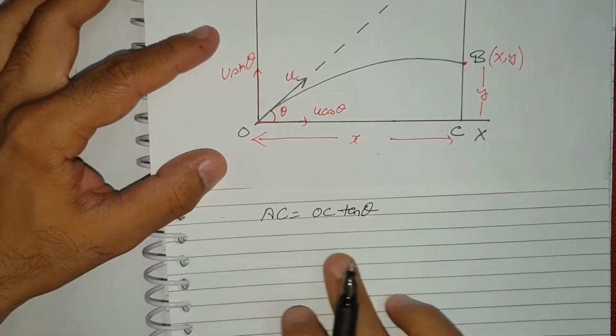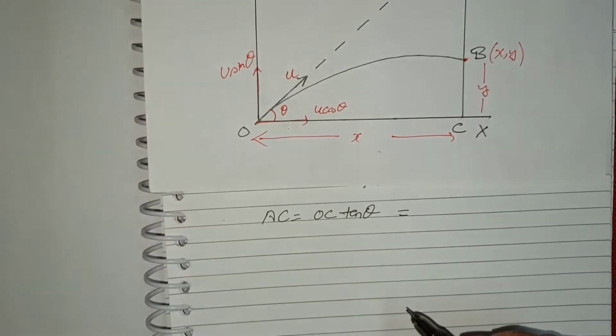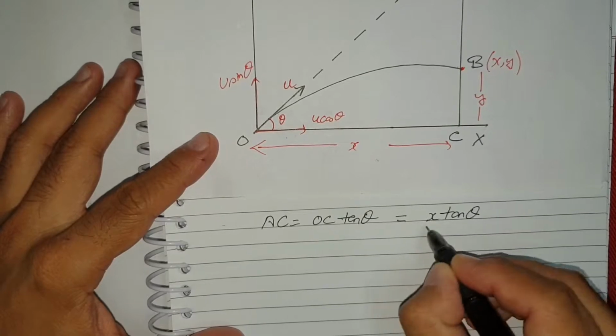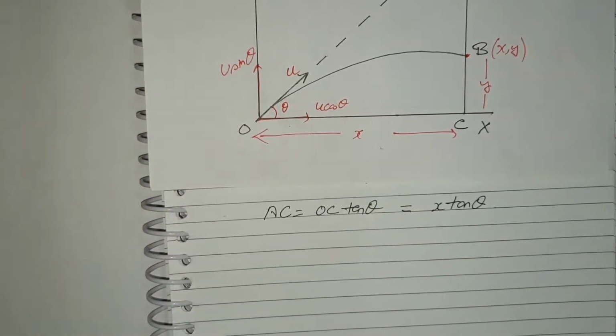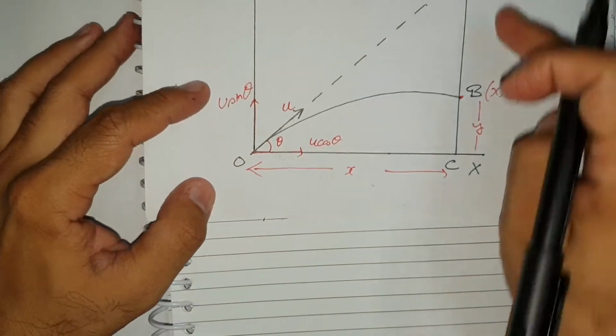tan theta. AC is what? OC tan theta. So this is equals to x tan theta, because OC is x. You see, OC is x. So AC is